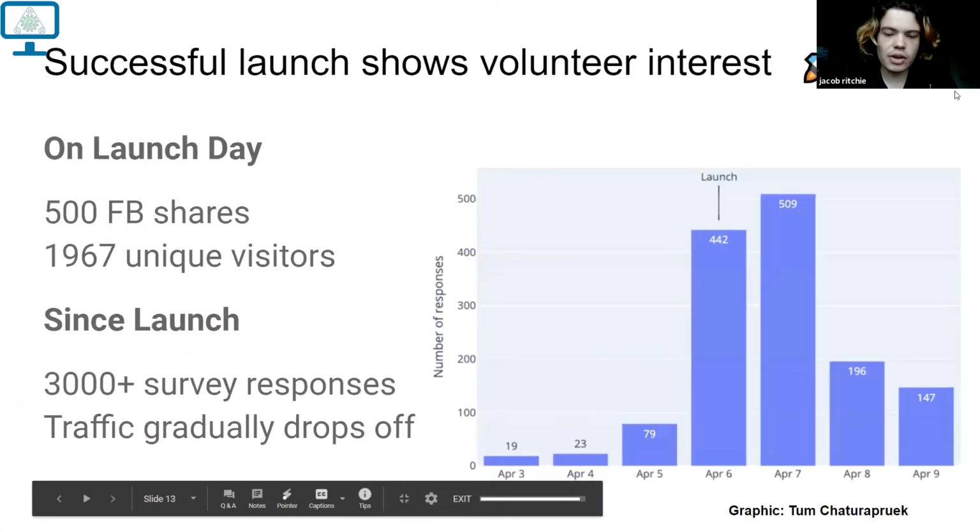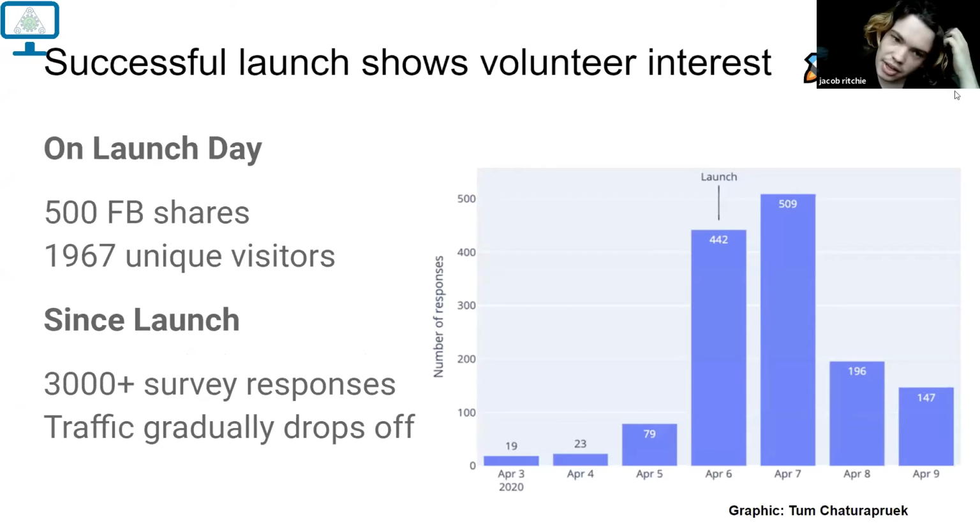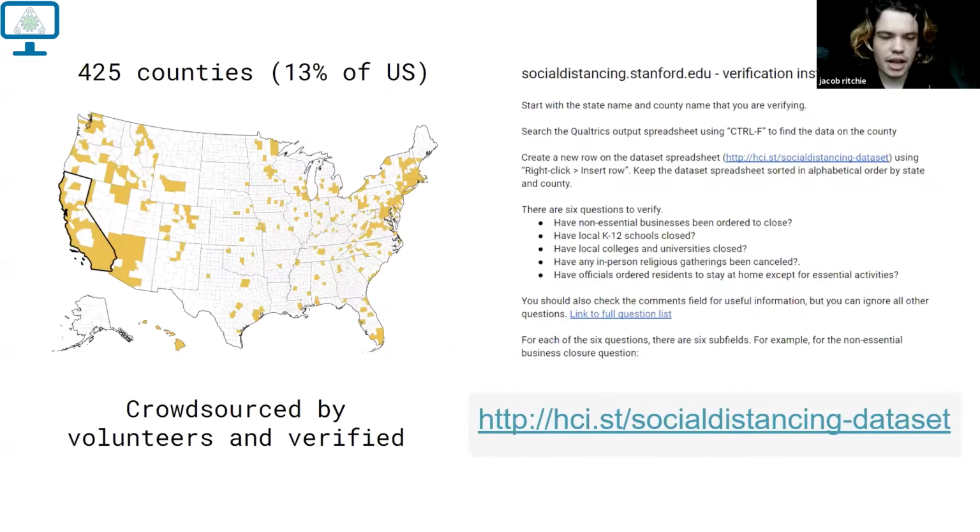And we very quickly were able to turn around this website and launch it. Because I think a lot of people at the beginning of the pandemic were sitting at home without a feeling that they had any way to contribute positively to resolving the situation, we got a lot of interest at the start. We worked to promote it on social media and with Stanford's communications department. And after all of that, what we have is 13% of the US, so 425 counties, where we have the